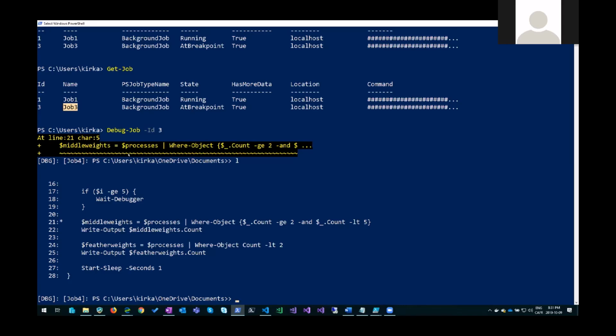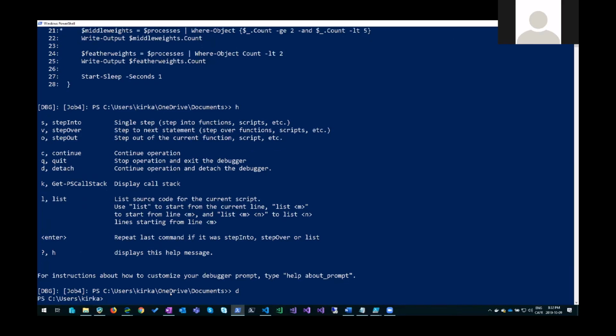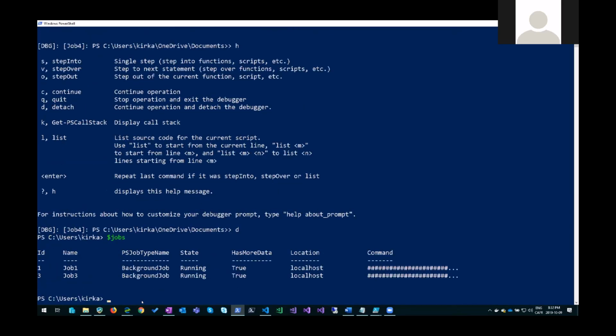It's just smart enough to figure out what's on the breakpoint when I connect to it and bring me to the right spot. And then when I'm done, if I was running this locally and I wanted to continue execution, I would use C to continue. But since I'm running it remotely and I've attached my debugger to it, one command I didn't talk about too much is detach. Detach is for when you're attaching to something remotely and you want to get back to your regular prompt. And so I just detached, and now when I look at my jobs, they're both running,